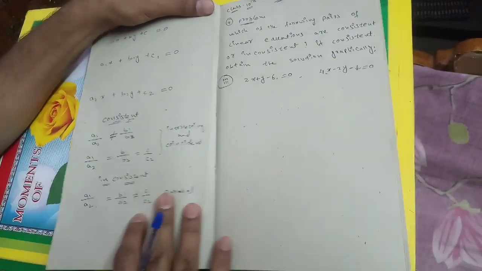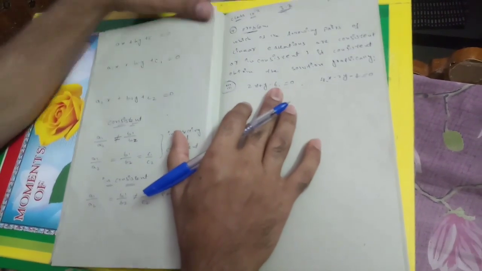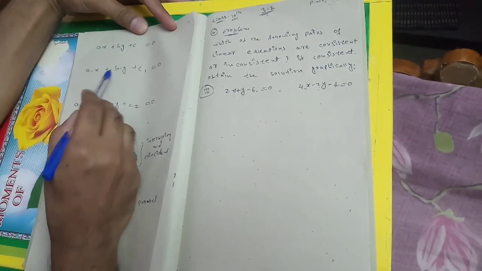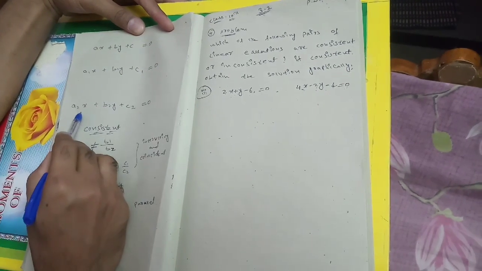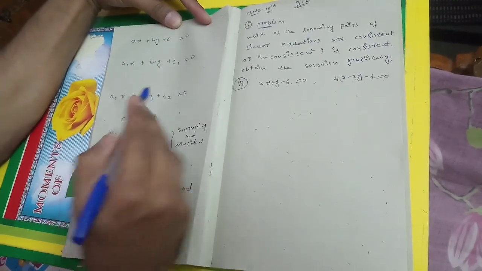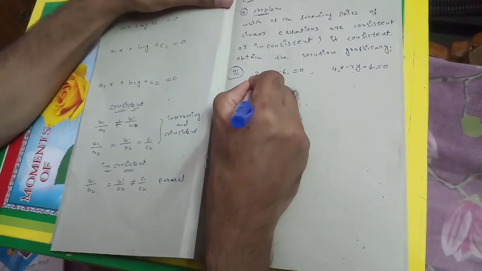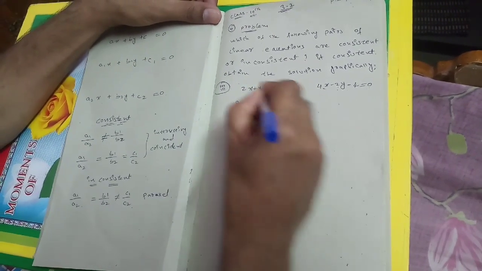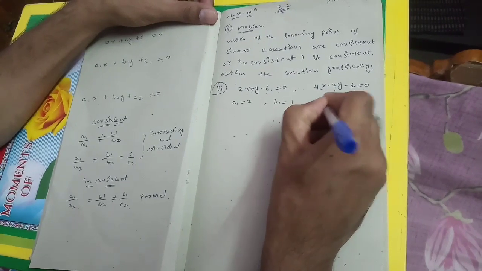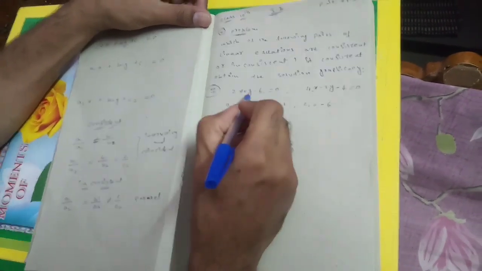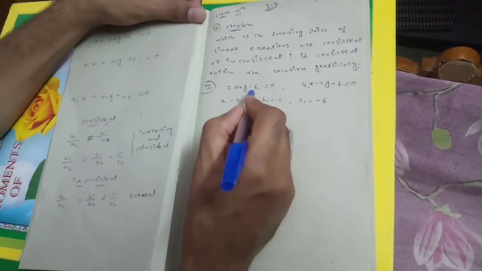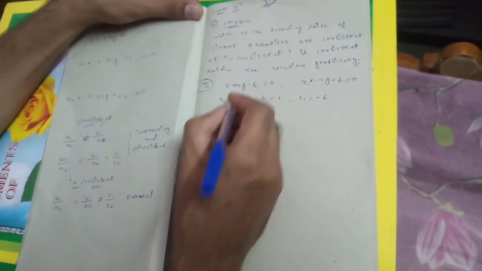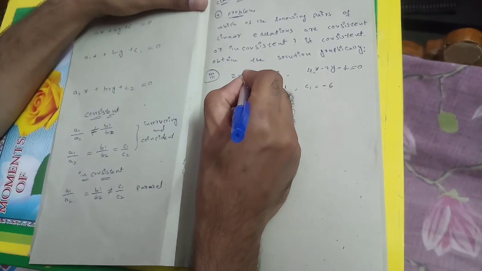See, in this problem it is not necessary to change the places of any term, because it is in the form of ax plus by plus c is equal to 0. Here a1x plus b1y plus c1 is equal to 0, and a2x plus b2y plus c2 is equal to 0. For the first equation, in the place of a1 we take 2, in the place of b1 we take 1, and in the place of c1 we take minus 6, because we should not take the variables, just the coefficients and the constant term. Why are we taking minus here? Because before 6 it is minus, and with the y nothing is written, so it will be 1.